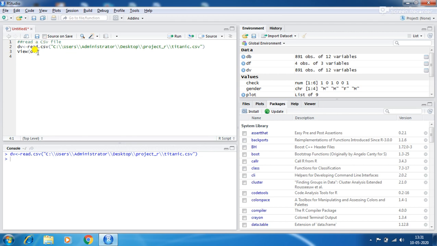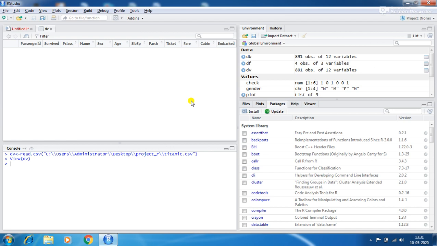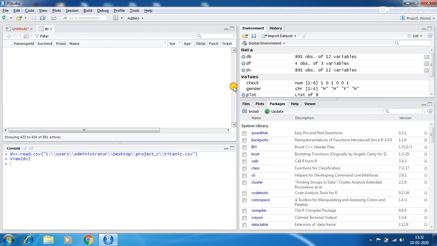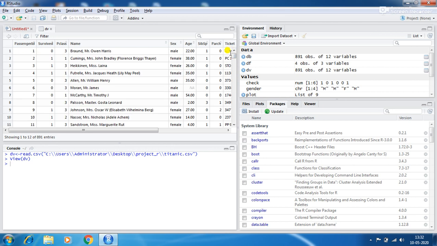Select it and run it. This is the data to be analyzed: passenger ID, survived, P class, where survived 0 means not survived and 1 means survived, name, sex, age, and so on.